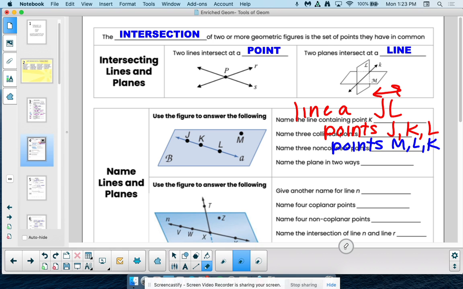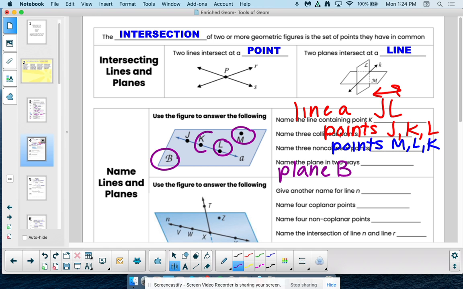Name the plane in 2 ways. Should we start with the easy one? What's the easy way to name this plane? Plane B, that capital letter in the corner. So I'm going to write that here, plane B. And then what's the other way to name a plane? How many points? 3, but they just can't be on the same line. So plane what? N, L, K. That works. Plane L and